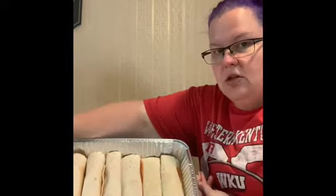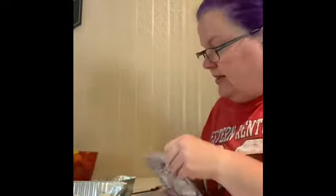So what I've done is, as I told you, I'm not going to bake these right now. So I have made them into my little enchiladas, put them on here. I'm going to cover and put them in the fridge. I'm going to put my enchilada sauce on the side in a covered dish, resealable container, so that the kids can just pour it over the top. Got the rest of my cheese. Just going to lay this actually on top of it so that the kids know where that is